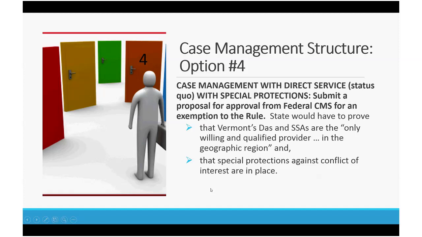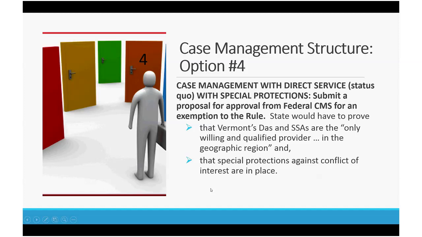The 4th option is basically keeping things as they are, not creating additional case management organizations around the state, but keeping case management with the direct services provider, and asking for an exception to CMS. And in our proposal, we would have to prove that Vermont's designated agencies and specialized services agencies are the only willing and qualified provider in a geographic region, and that all those special protections against conflict of interest